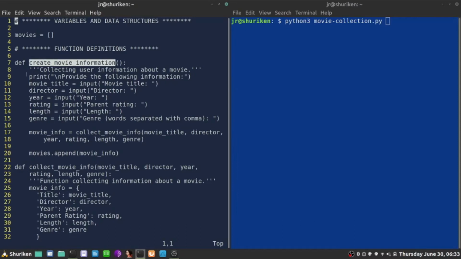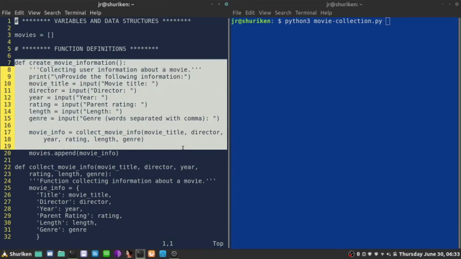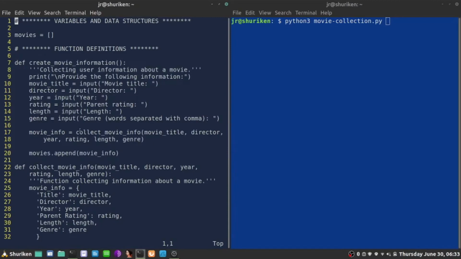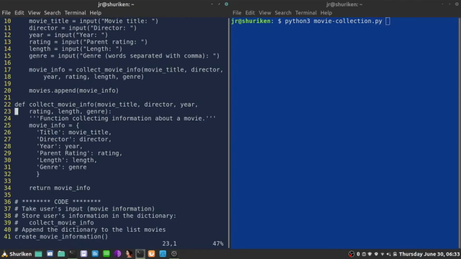Which has not happened. This is just a definition. So everything from here to there is going to be, for now, ignored, but it's sitting there waiting to be called. The next portion of this code is also a function definition. That function definition is going to be, at this stage, ignored by the Python interpreter,